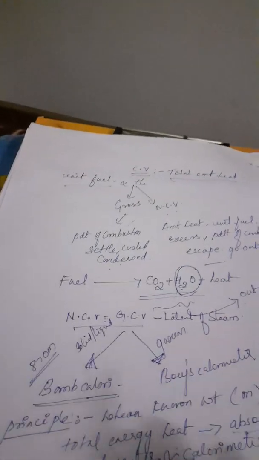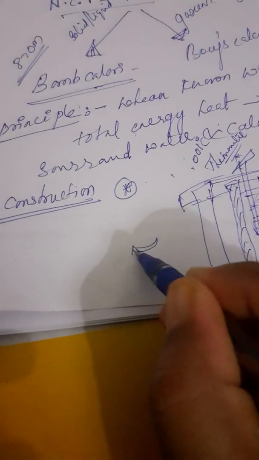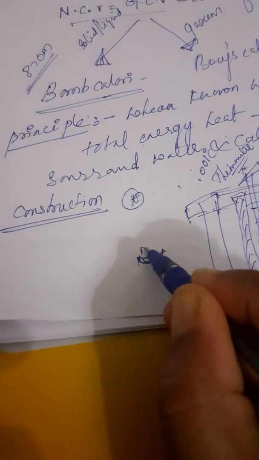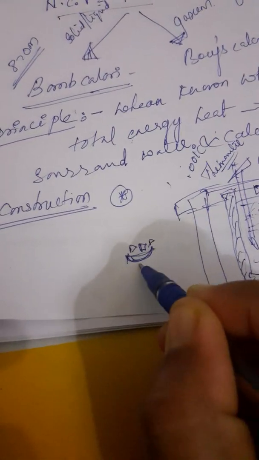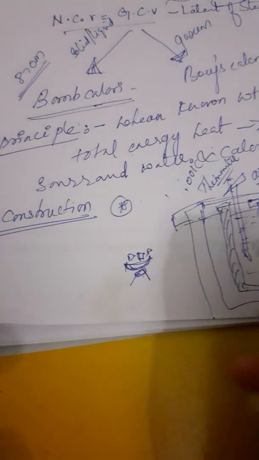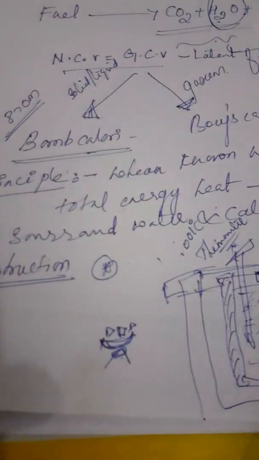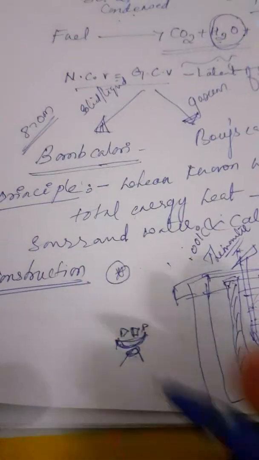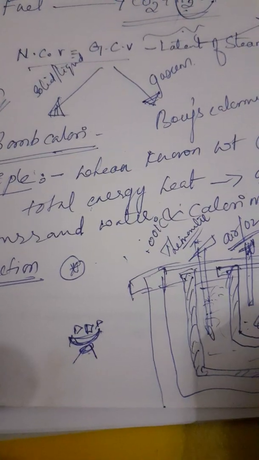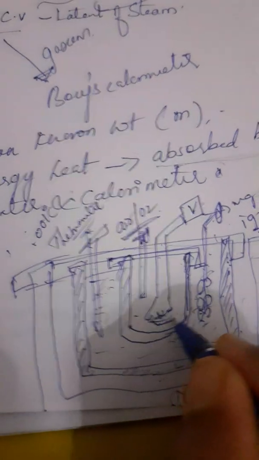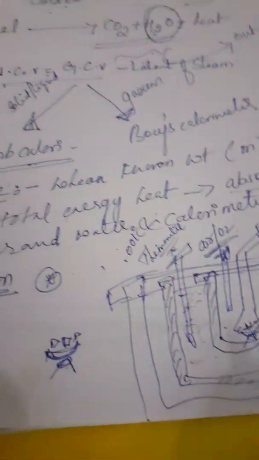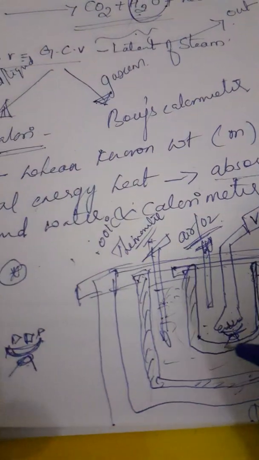Now let us go for the working, how it works. A known weight of fuel first should be taken in a crucible. This crucible can be a stainless steel crucible or it can be porcelain. So it is taken in a stainless steel crucible and then it is placed in the bomb. So the working is: a known weight of fuel